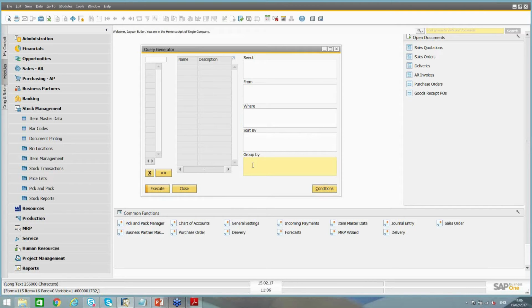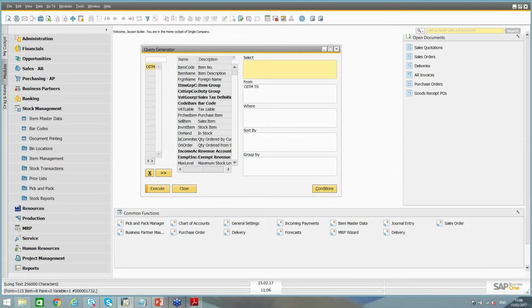So we'll have a look at examples of all of this as we work through some of the scenarios. So coming back on the right side here, to pick a table for reporting purposes, if you know the name of the table, you can simply type it in this field here. For example, the item master table was OITM. So if I just type in OITM and hit the tab key,